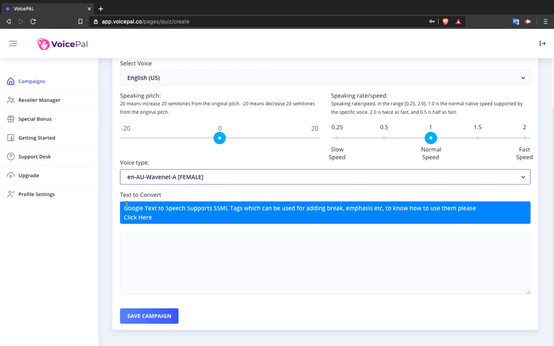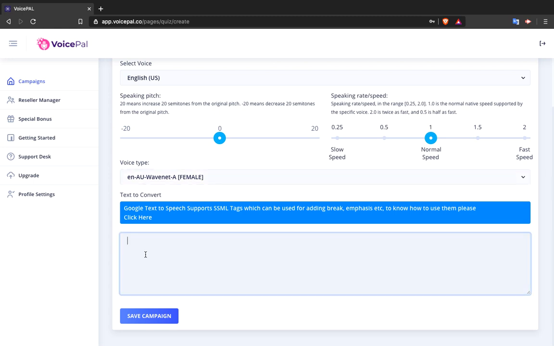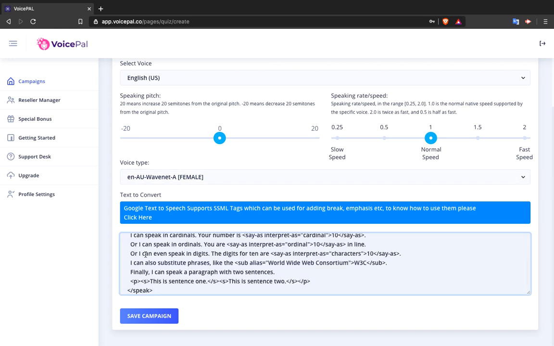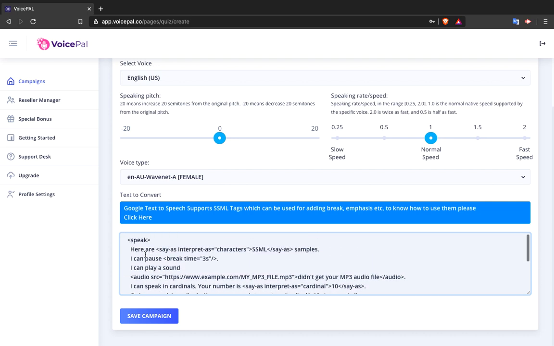Now VoicePal supports SSML tags inside the text, which basically gives you options for adding breaks, emphasis, etc. into your voiceovers. For this demonstration, I'm going to use a demo SSML.